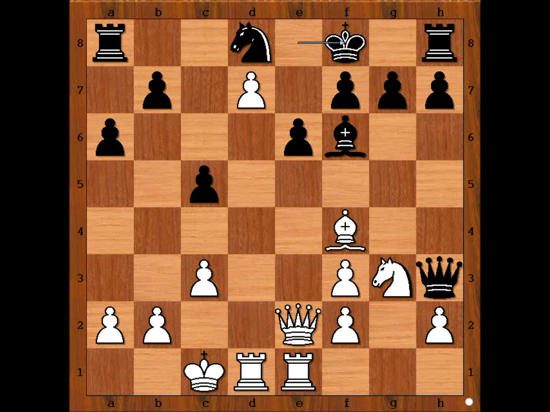Michael Adams played a very interesting move. Rook to d5 is the threat. Rook takes pawn on c5. Yes, that is the threat. That is one threat. Another one is